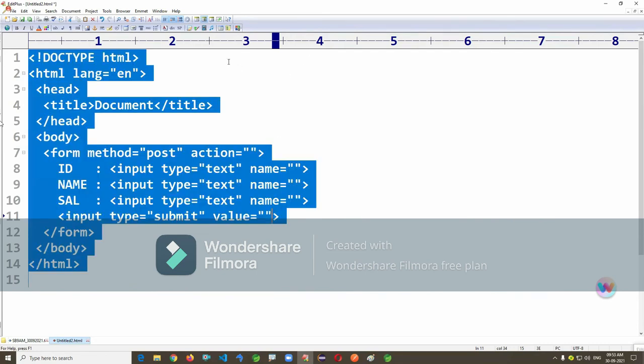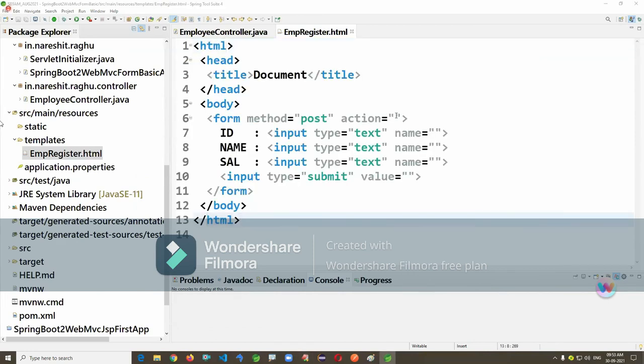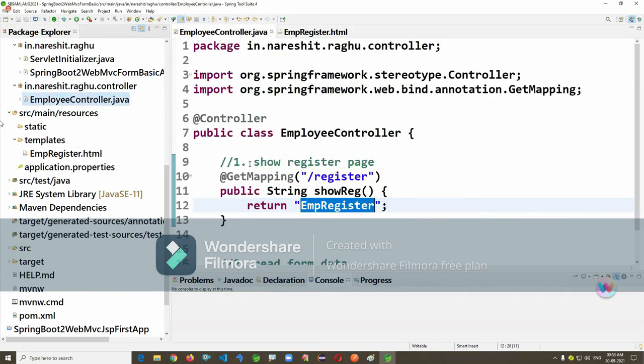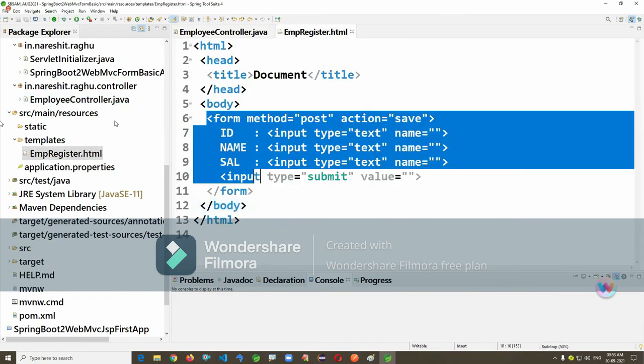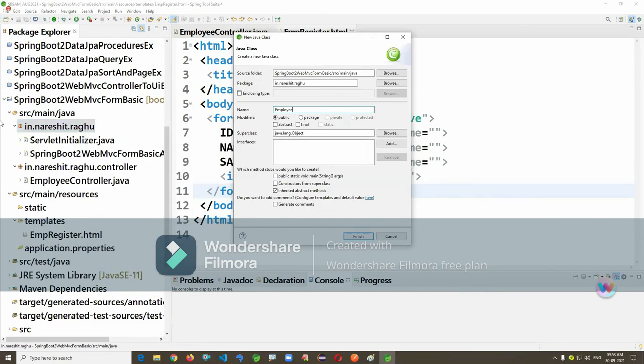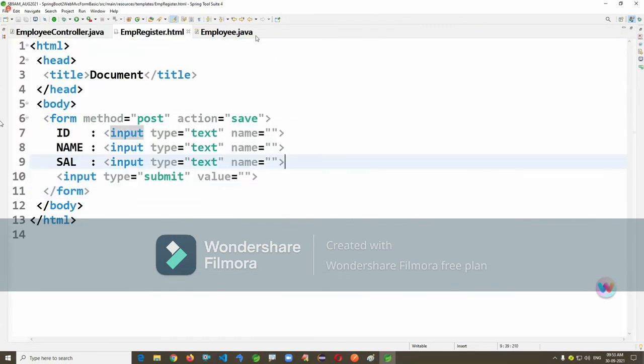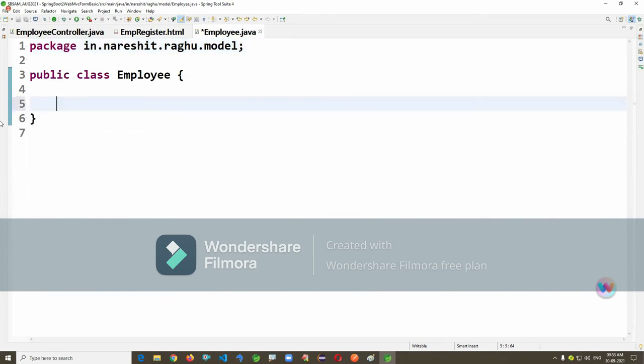How am I getting it? There is a method in this Java servlet. This is a simple form I'm just taking here. Inside the brackets, what is the name you have? I will show once it is ready. Now look, I am displaying one form. So you define one model class, a class bound with the form. Now the server has come here. It's binding with the form. Three inputs are there, assign three variables. See, automatically the server is selected.